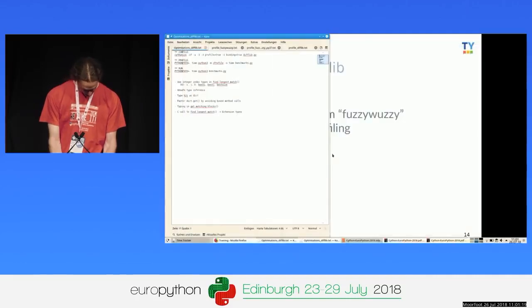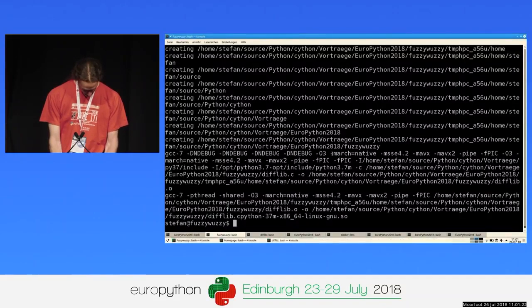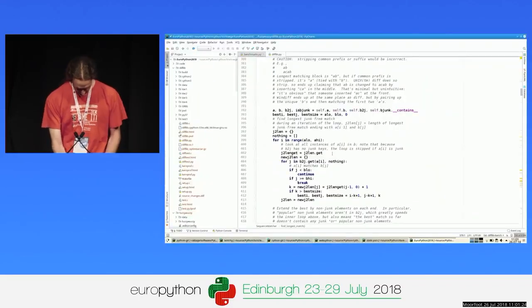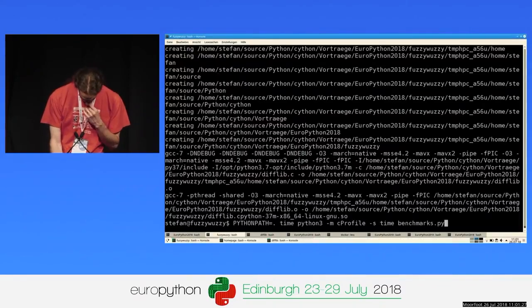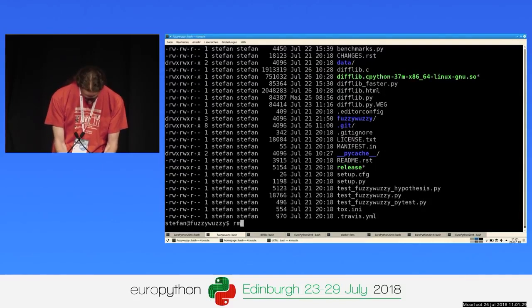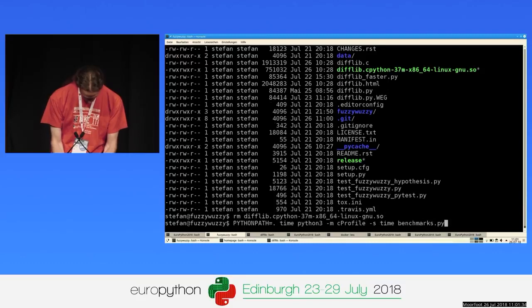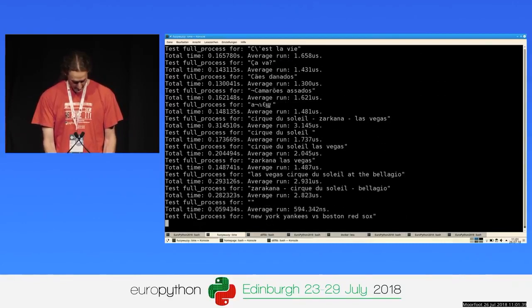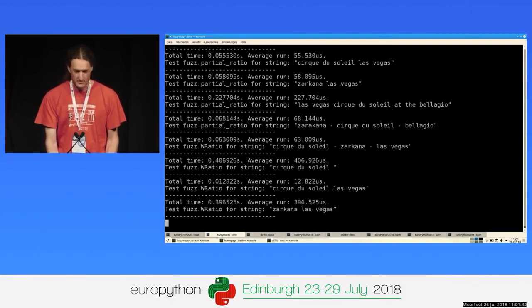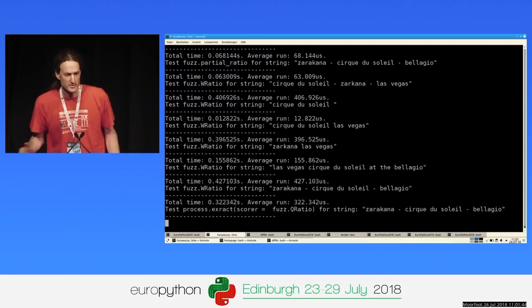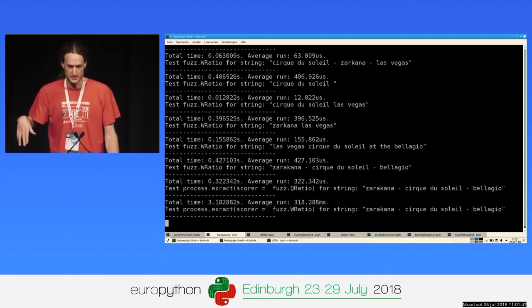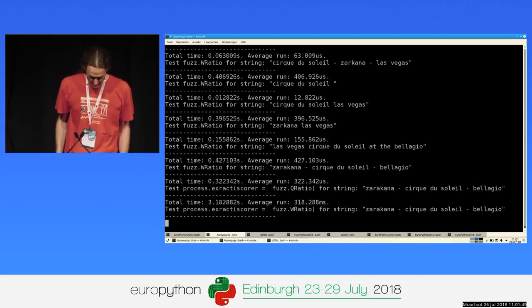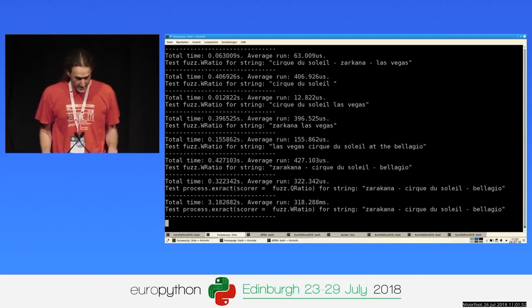Okay, let's run it first. I'll just clean up my stuff and then run the benchmark. Yep, so that's taking a couple of seconds. It's running multiple examples, and the timing. So the benchmark is just the time it takes to run the whole benchmark for Fuzzy Wuzzy. And you'll see in a minute that it's dominated by the time it takes difflib to do the comparisons.